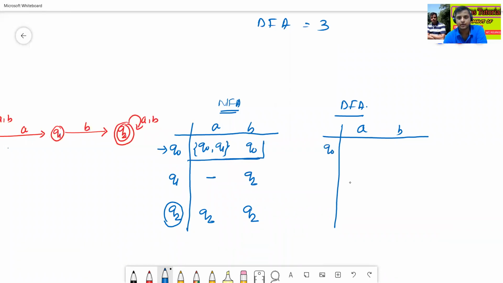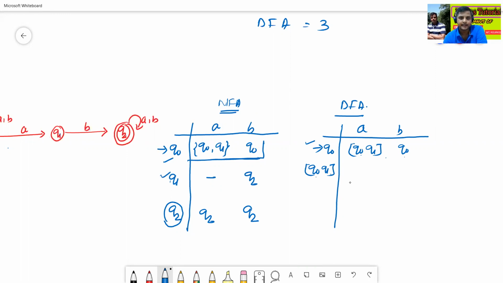So Q0 is my initial state. This is Q0, Q1. Then this is Q0. Is there any new state? Yes, Q0, Q1 is the new state. Q0 is already there. We'll apply Q0, Q1.